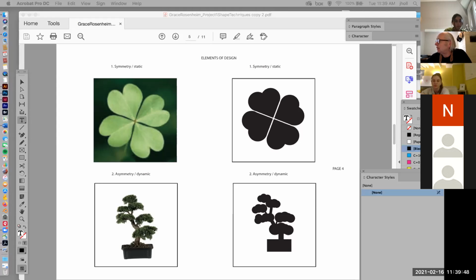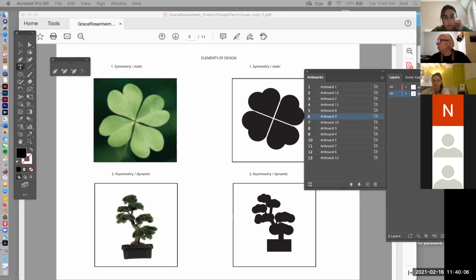You would have to think about the concept through primitives. That makes sense? Yeah. So the idea is to not recreate the photograph, but to use the concept, symmetry, with the primitives, circle, square,